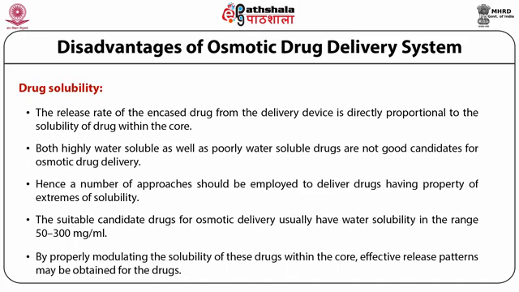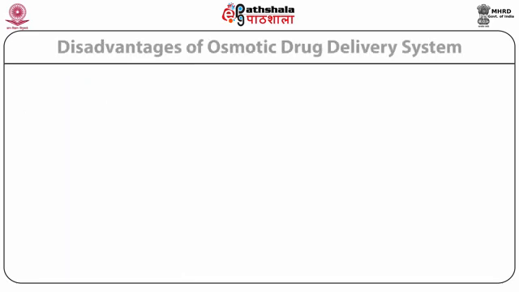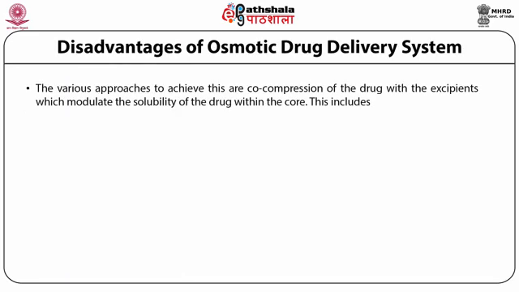What do you mean by modulating drug release? Here you can change the drug property by making a prodrug, and with the help of this prodrug you can decrease the solubility of a highly soluble drug, or you can increase the solubility of a poorly soluble one. The various approaches to achieve this: co-compressing the drug within an excipient to modulate the solubility of the drug within